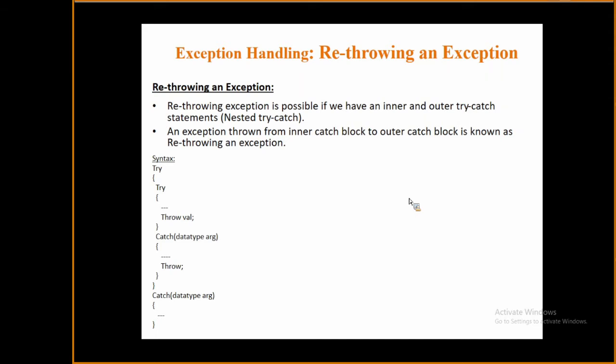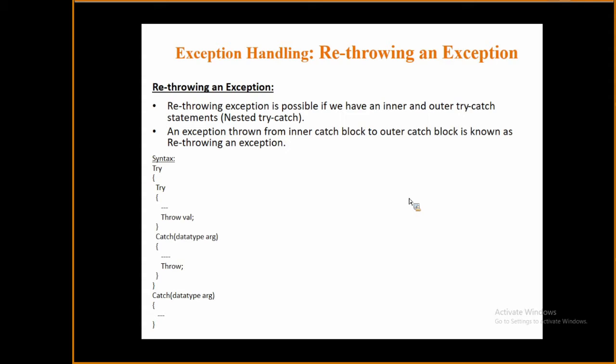So an exception occurs in this catch block also. So this throw is throwing the argument to the next catch block. Okay, so there is an outer try block and an inner try block. The inner try block has a catch block immediately after it, and after the main try block we have the outer catch block. Okay,